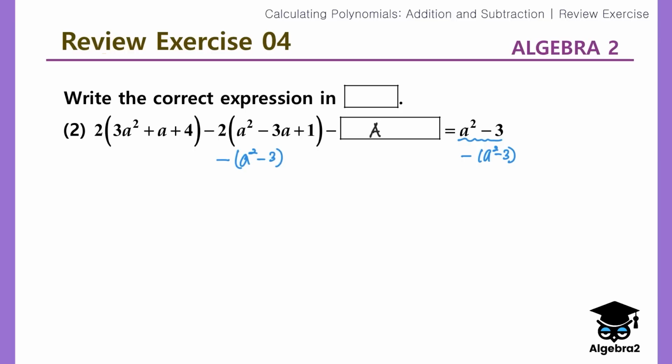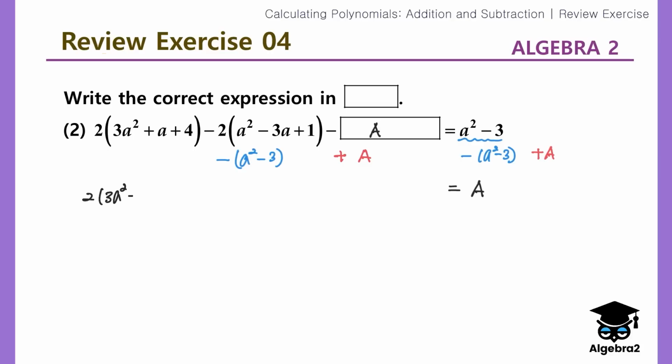And we have negative A here, right? So I'm going to add A to each side. So plus A, plus A. Then that's going to be equal to, we have A here. And on the left hand side, we have